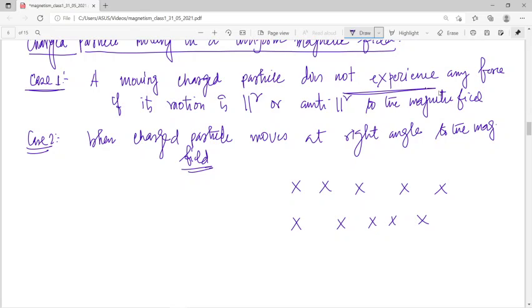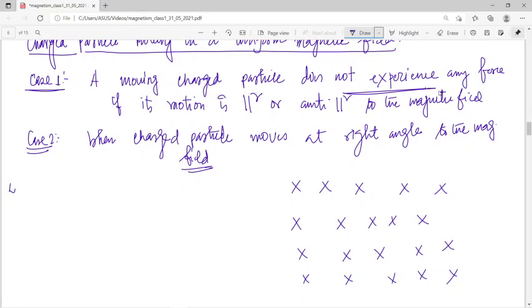We already gave the significance of the notation: when we draw crosses, the magnetic field is acting into the plane, in the downward direction. So when a uniform magnetic field acts perpendicular to the plane of the paper and is directed into the paper, whatever, that can be denoted by these cross signs,